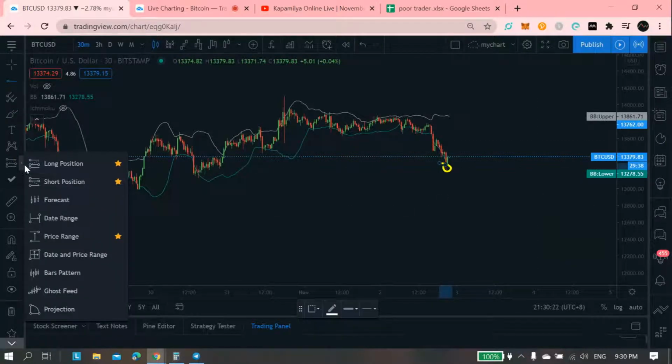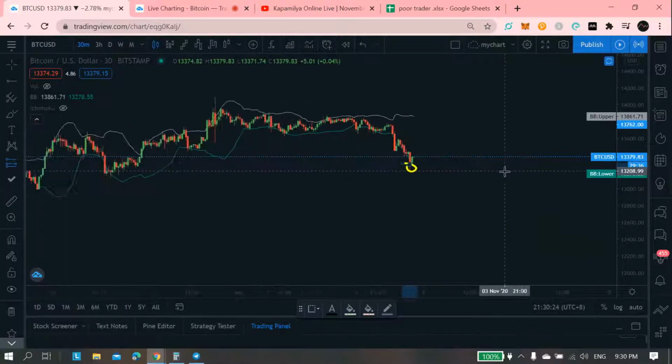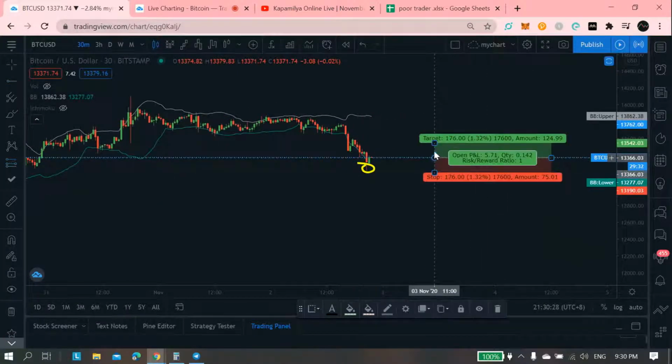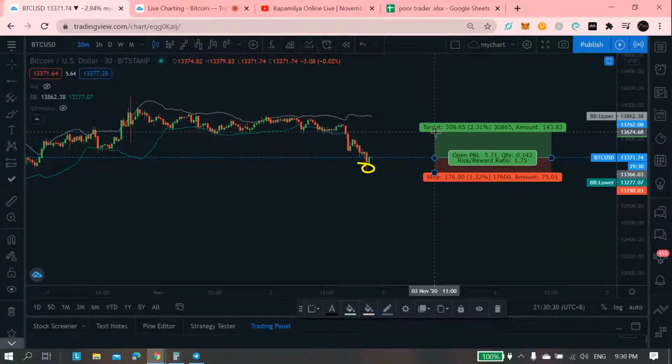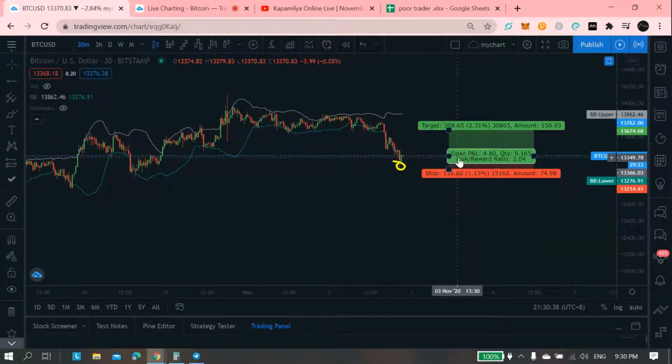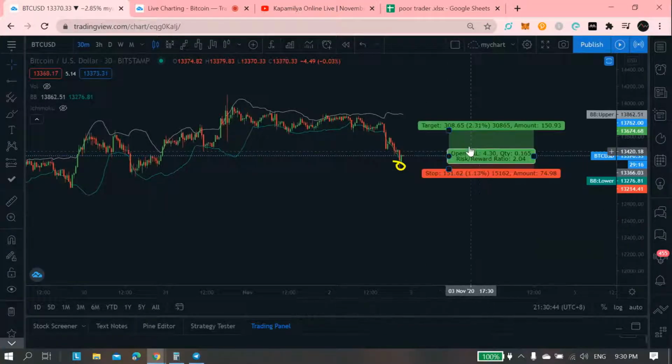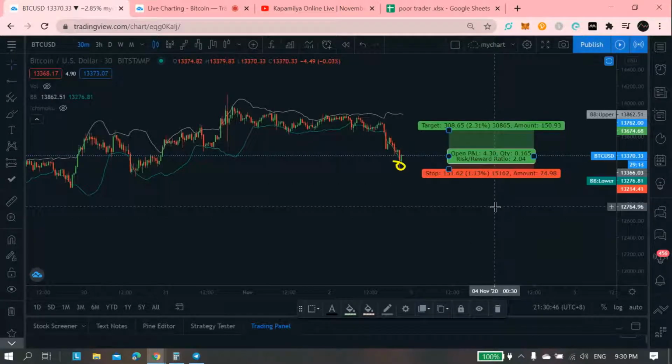So let me check if it's still profitable if I go long. Oh, this one. So that's still a risk reward ratio of 2.04. My target TP is 13,674